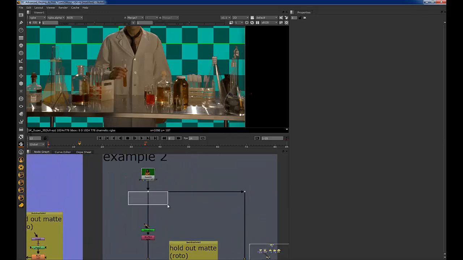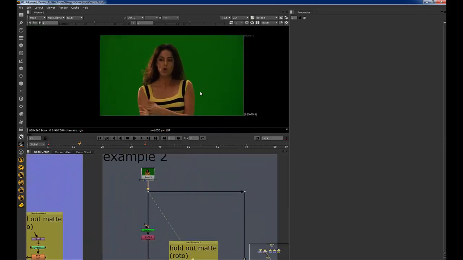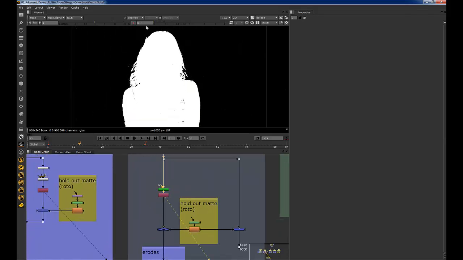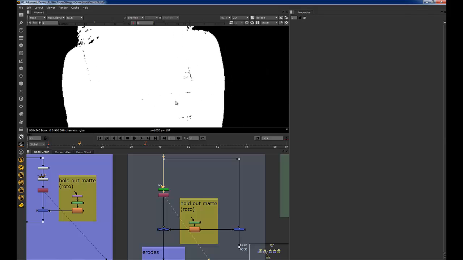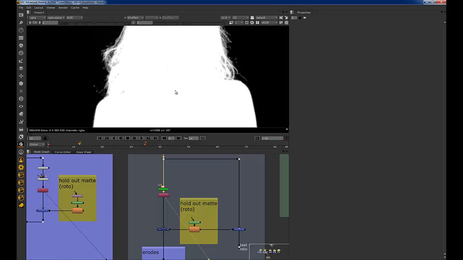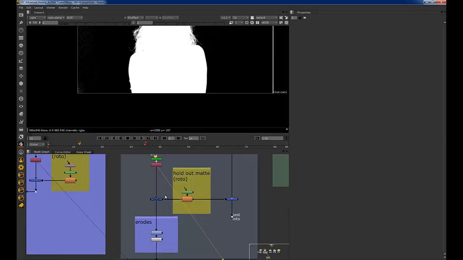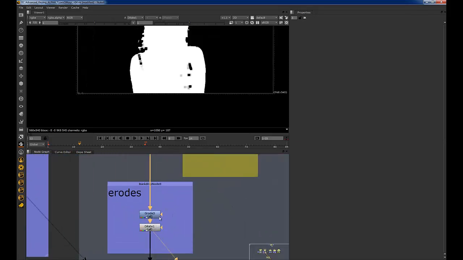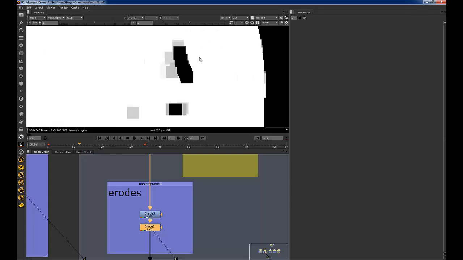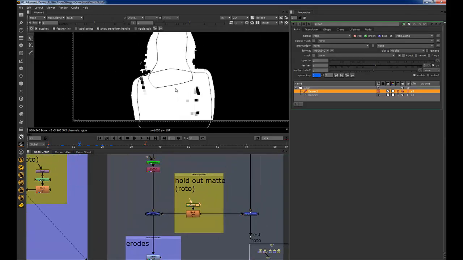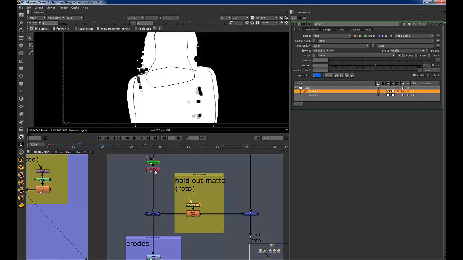So another example would be this girl here. So if we look at the key, if we gamma down, there's going to be some holes, which you could always crunch the key to get rid of, but this is a scenario where we have some hair, and so maybe we want to keep the hair soft or the arm soft or whatever. And if we do stuff like dilating, all those little tiny one pixel holes become huge. So you would want to roughly roto this girl, just super roughly here, moving through, nothing too fancy,